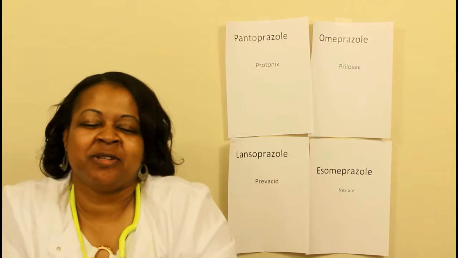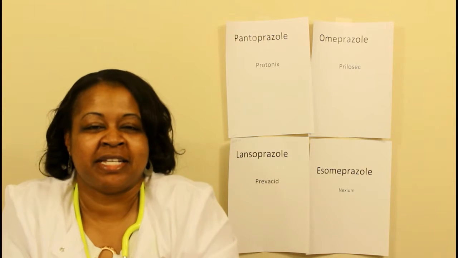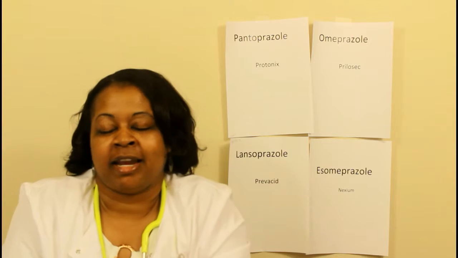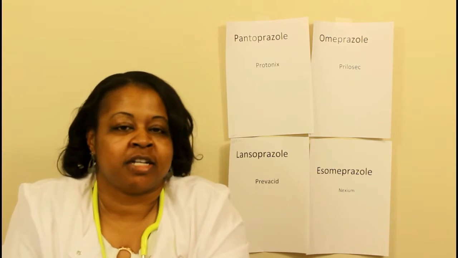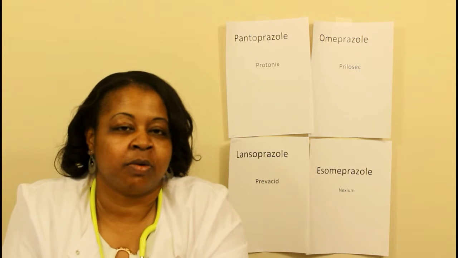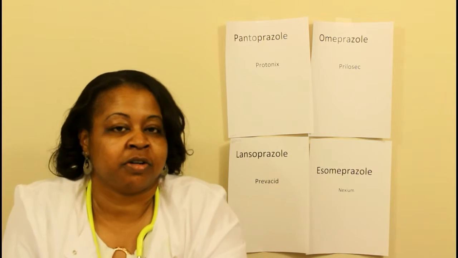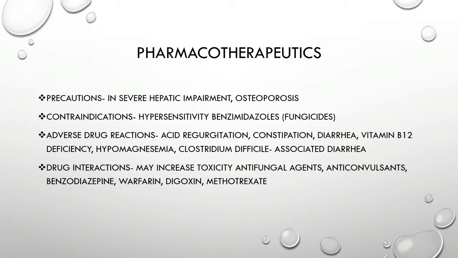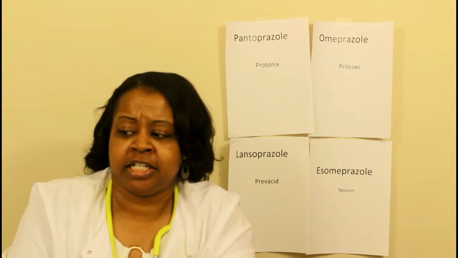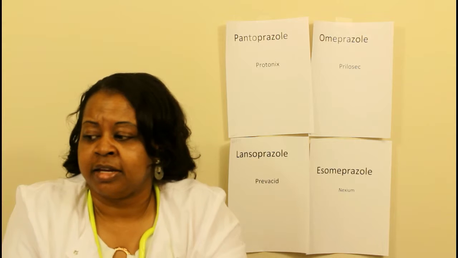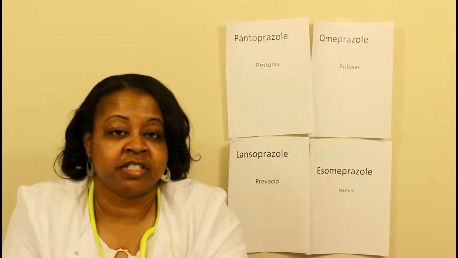Pharmacotherapeutics. We want to use precaution with someone who has hepatic impairment. Like I said, it metabolizes in the liver. You want to also use precaution with someone who has osteoporosis, because you don't want it to get worse, because it can cause fracture of the bones. It's contraindicated if hypersensitive to it. Some of the adverse reactions that can occur are acid reflux or acid regurgitation, constipation, diarrhea, vitamin B12 deficiency,